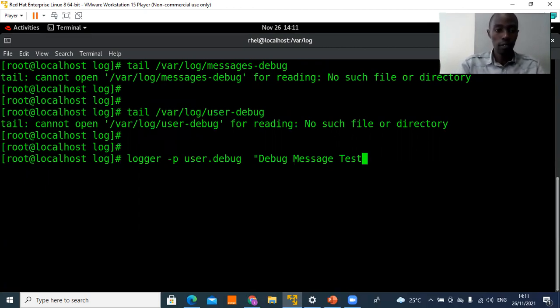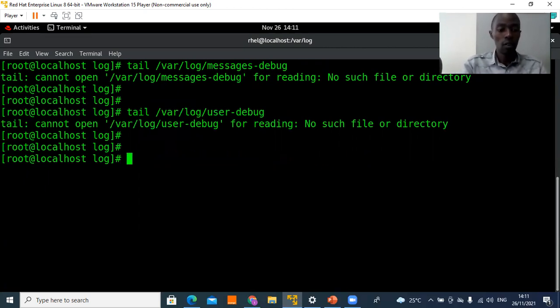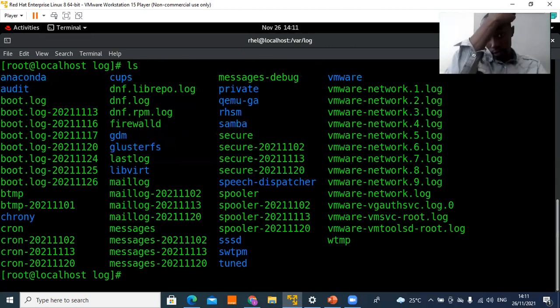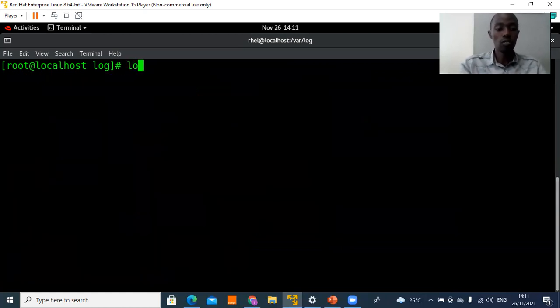Okay, so first of all, let me touch this file, touch messages-debug. So if we ls, I think we have this particular file here, yes. Now I want to log, so I'm going to use logger -p, and then put, let's say, user.debug, and then I'm giving the message, let's say debug